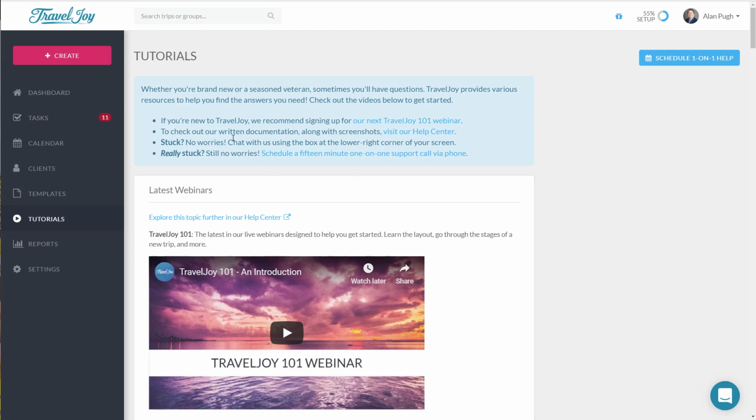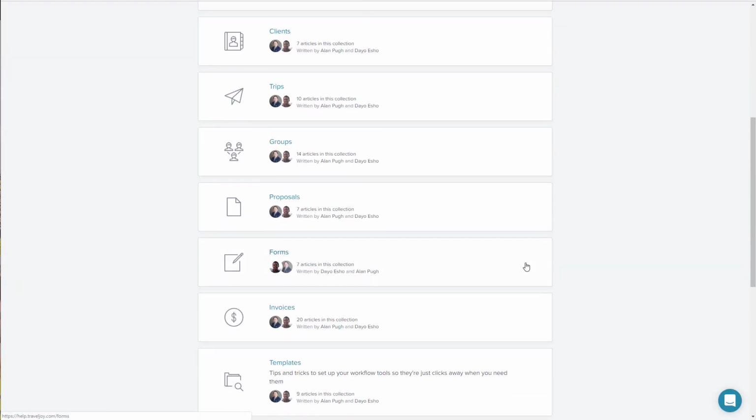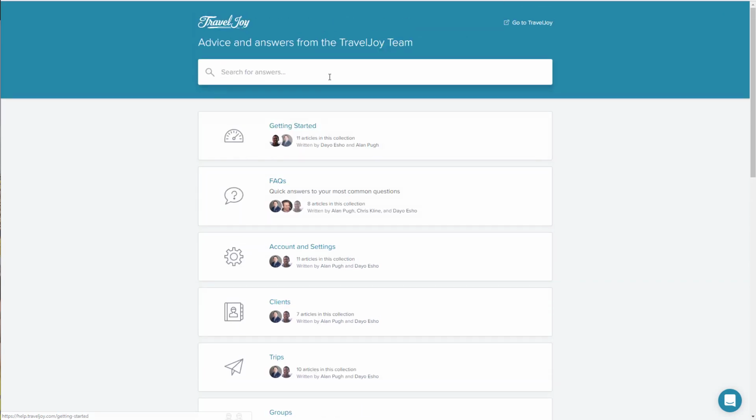To check out our written documentation along with screenshots, visit our help center. When you open this up, what you're going to see is a whole bunch of categories with a search box at the top. So say you want to record a payment that a client made by check. They dropped by and dropped off a check, and you need to record that in TravelJoy. What you can do